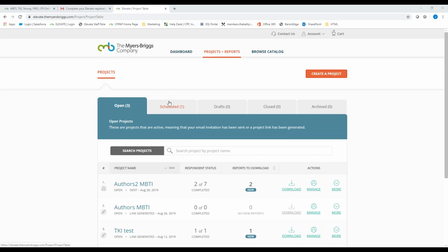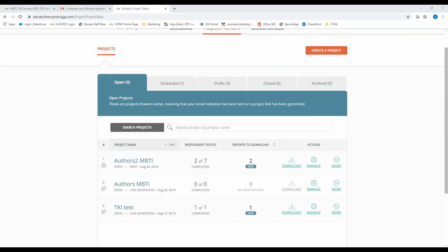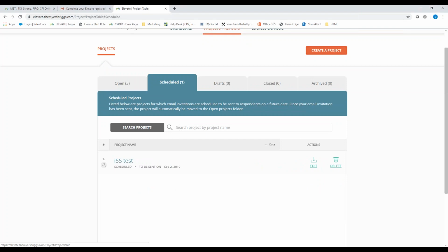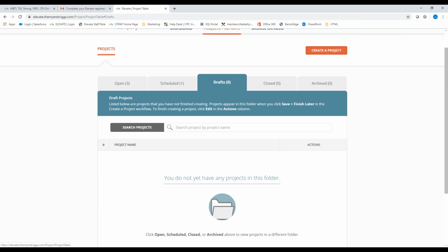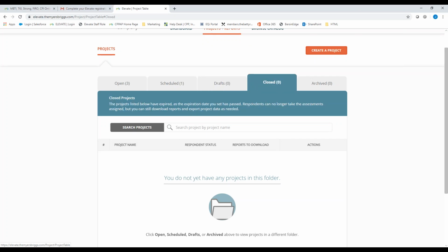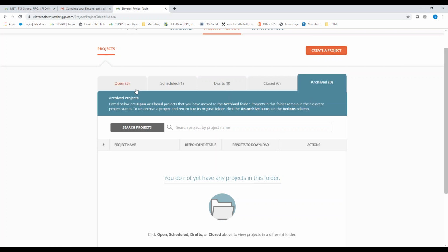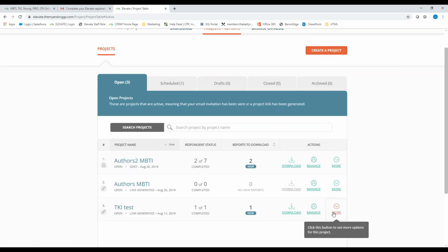On the Projects and Reports dashboard, you'll see open projects that are active. You'll also see tabs for scheduled projects, so things that are scheduled to go out on a future date. Drafts, so if you start creating a project and then save to finish at a later time. Closed projects are those that have an expiration date that has passed. And then an archive is just an extra folder if you want to put one of your projects in the